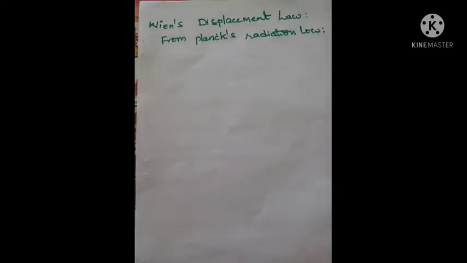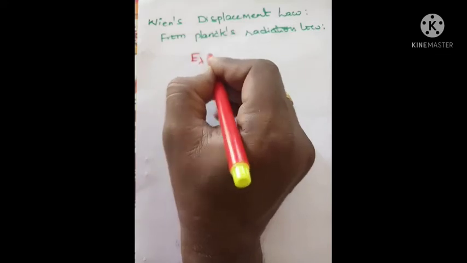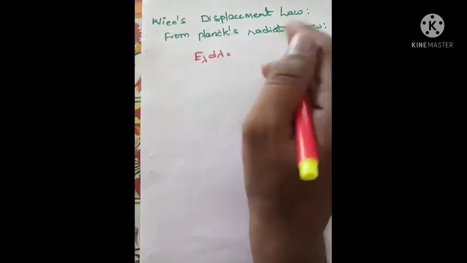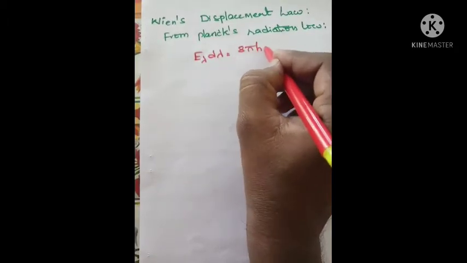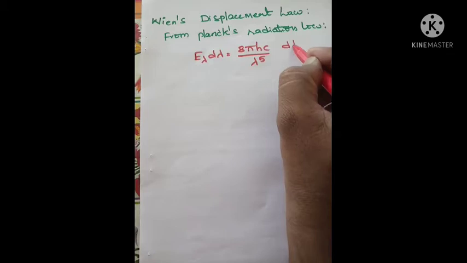Okay, so let us see here. What I'm taking initially is Planck's radiation law. We know very well that E lambda d lambda is equal to 8 pi hc by lambda to the power of 5 d